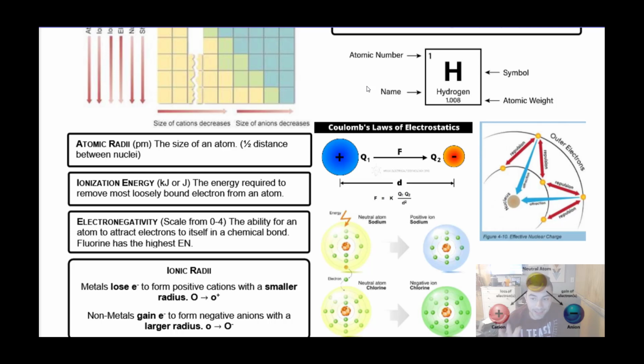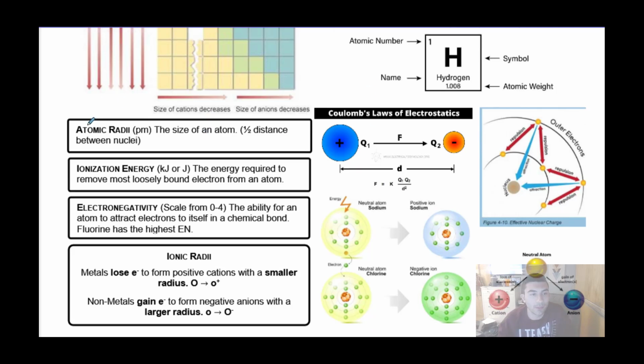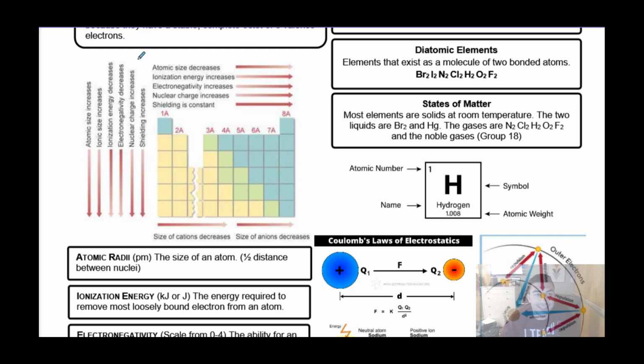Having said that, we then went to look at atomic radii, ionization energy, and electronegativity. So atomic radii is essentially the size of the atom, right? It's the radius of the atom of an element. And we see that it increased going down and decreased going across. Now again, knowing how they change across the periodic table and down the periodic table is important, but justifying it